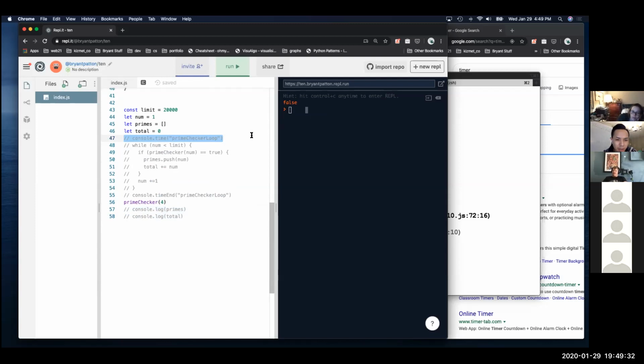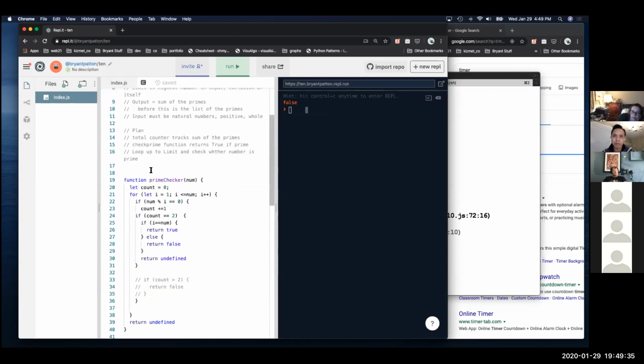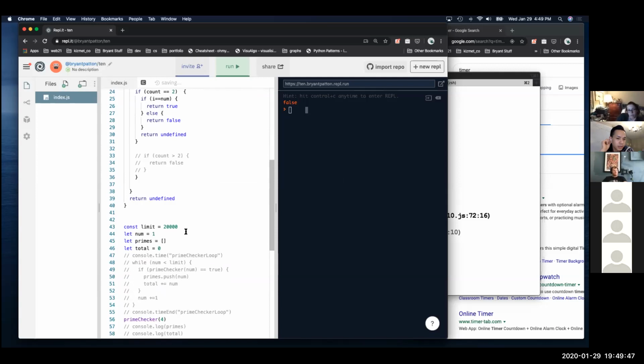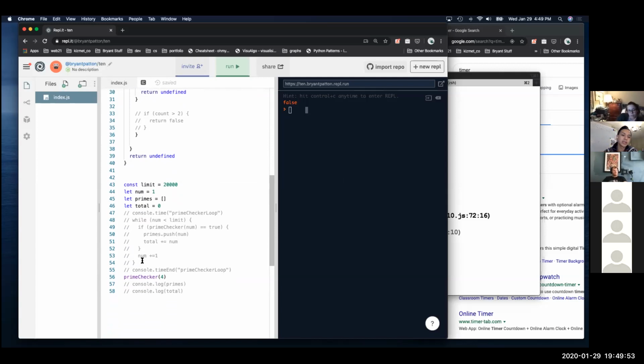I'm thinking that because with the while loop, we're not always going to be pushing, right? In the while loop at the bottom, we're only going to be pushing in the event that it is a prime number, correct? So lines 50 and 51 won't be run unless it is a prime number. So that's why I'm wondering if that would be O of log n, and then that for loop up top would also be O of log n. And then when you multiply the two, would that be right?